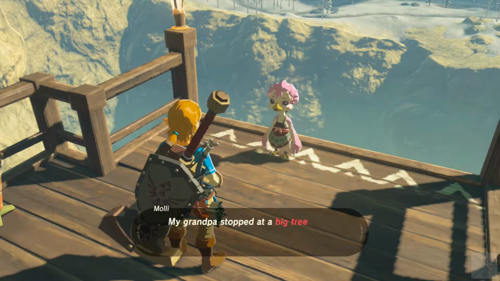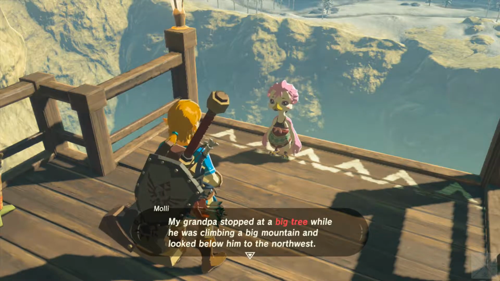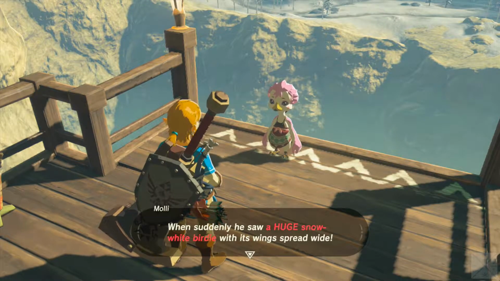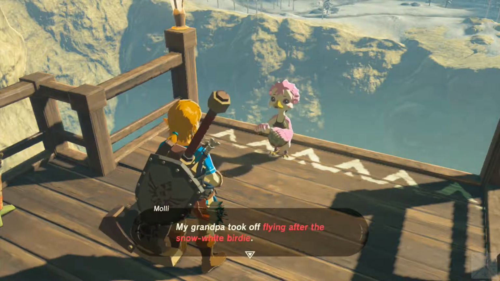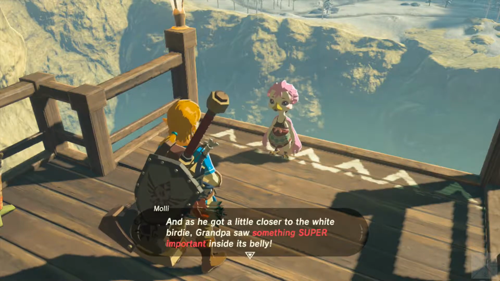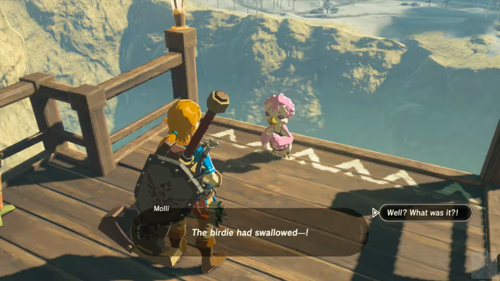Once upon a time, my grandpa stopped at a big tree while he was climbing a big mountain and looked below him to the northwest. A big tree on a big mountain and looked northwest. When suddenly he saw a huge snow-white birdie with its wings spread wide. My grandpa took off flying after the snow-white birdie, and as he got a little closer to the white birdie, Grandpa saw something super important inside his belly. The birdie had swallowed...